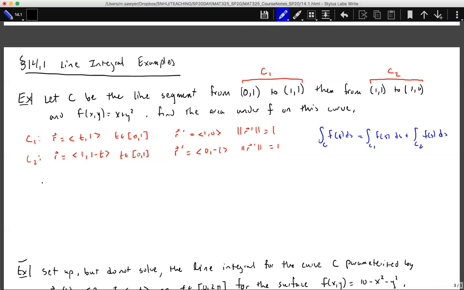So now we have f, and we can break this up. Along 0 to 1, we have the function t plus 1 squared times our magnitude, which is just 1, dt, plus a second integral from 0 to 1 of 1 plus 1 minus t squared times 1 dt. We can combine these two intervals because we chose our t values nicely, and we get